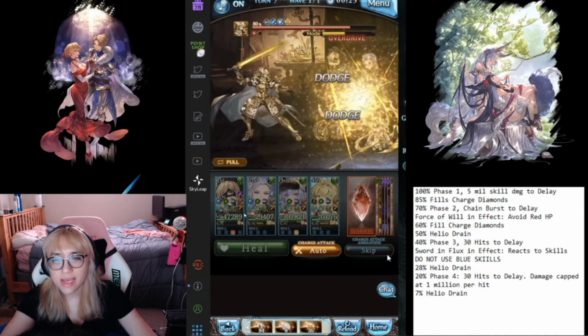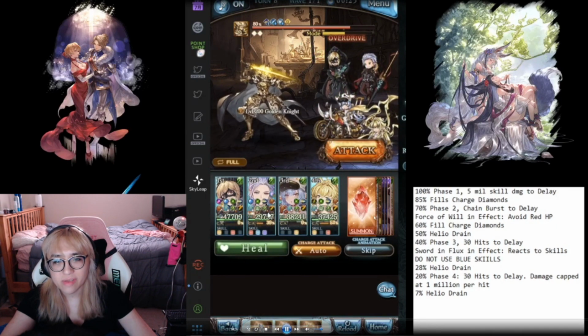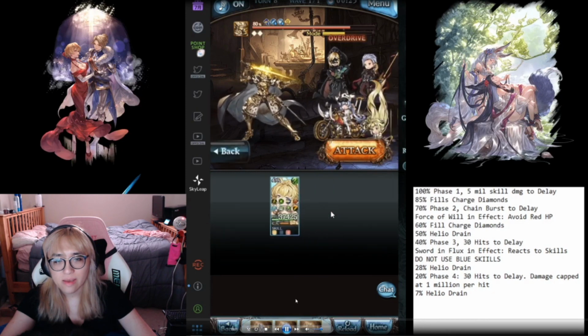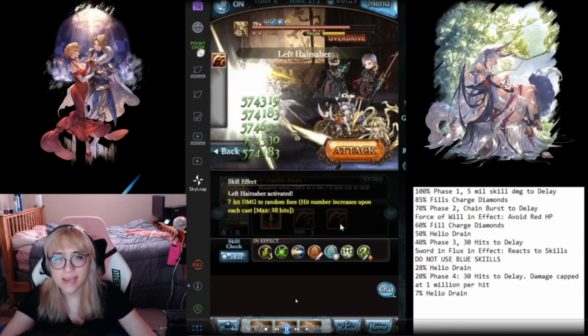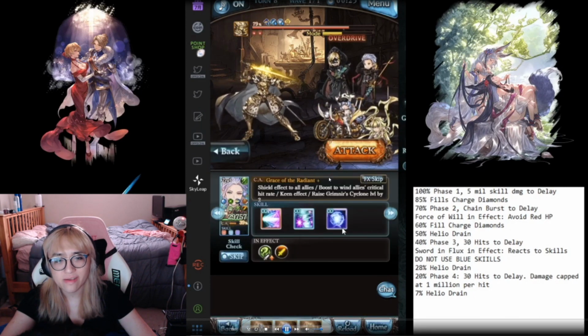So 80%, 85% was a charge diamond fill, which I didn't mention at the time, but that wasn't a problem. The next thing we need to worry about is the 70% transition. Continue to build up stacks. See, Melissa Bell's doing about 4 million on those Hair Sabers now, so she starts doing a lot